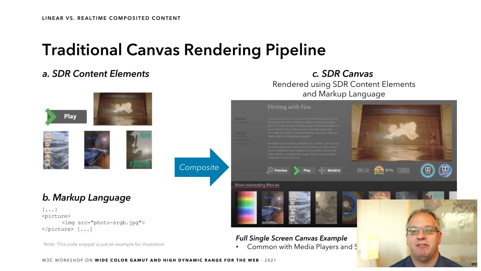Until recently, canvas-based rendering was limited to content elements that are encoded in standard dynamic range, or SDR. SDR is a retronym that was established over the past 15 years to identify traditional content that uses gamma encoding, more limited luminance ranges, and color gamuts such as Rec. 709 or sRGB. Due to this limitation to only SDR content, a rendering engine can assume that all graphics elements follow SDR specifications and with that match the encoding of the canvas or can be matched using a single conversion approach.